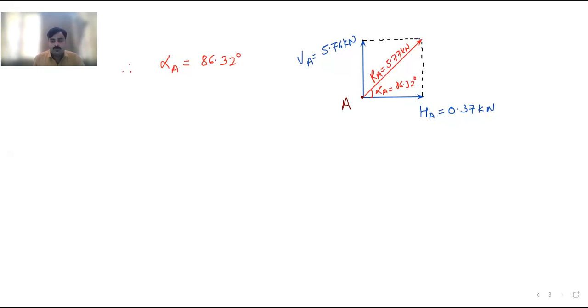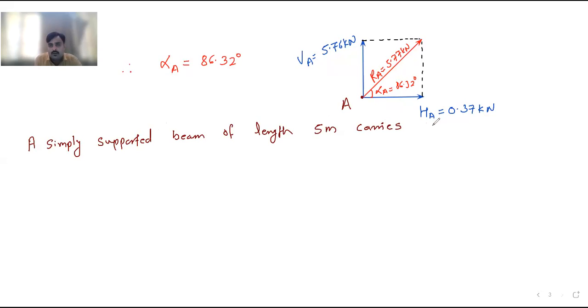So the next problem is: a simply supported beam of length 5 meter carries a UDL of 800 Newton per meter at